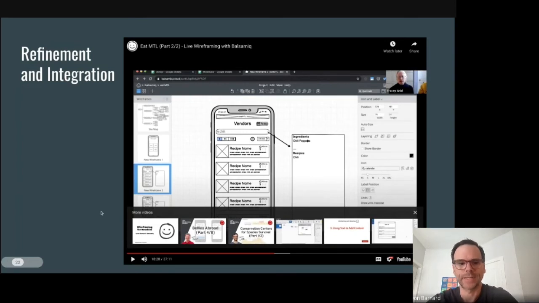So I'll pause here, and some things I want to point out is that I don't know if you noticed, but this recipes page and the vendors page were both at the same level in the hierarchy. So they were both children of the same top level object. So that already gives me an idea that maybe these might have a similar template. And then I listened a little bit to try to learn more about what this vendors page might look like. And I heard enough to make me think that there would be some ability to repeat some